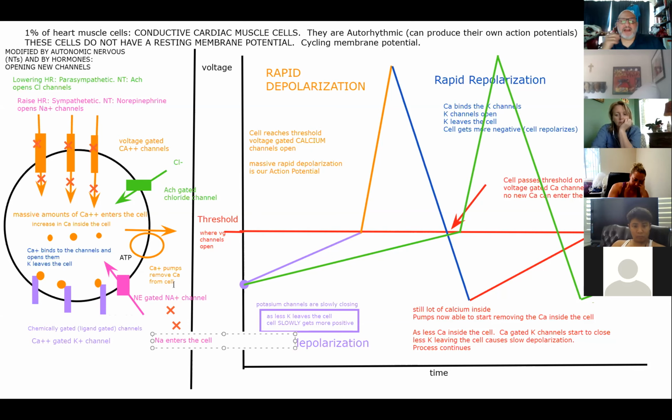Now, potassium's not leaving the cell. Let's go back again to our starting point. Here, calcium is being pumped out. Our calcium-gated potassium channels are closing. Less potassium is leaving the cell, but now I've opened sodium channels, and sodium is rushing into the cell. And if sodium ions are rushing into the cell, is this cell going to depolarize slower or faster? Faster. It is going to depolarize faster, reach threshold faster, and then once we reach threshold, we get that